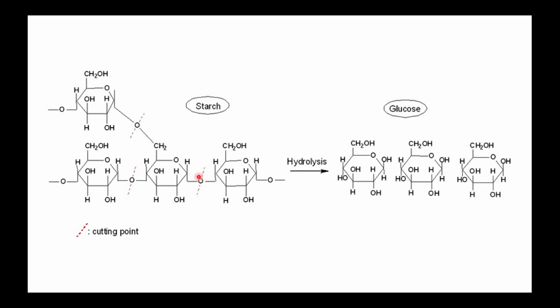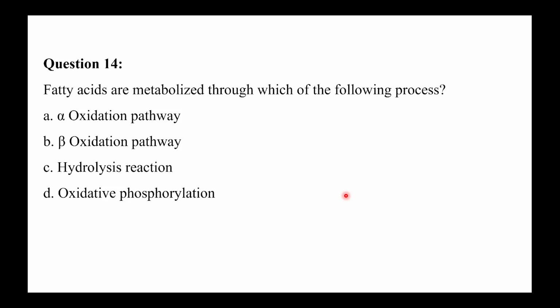So once this bond is broken down, H and OH are added to either side of the bond. So here the H will go and here the OH will go. So that's how we have it. Any hydrolysis reaction will always have an H2O molecule that helps in the breaking of the bond. Okay, so if H2O is involved in the breaking of a bond, it is called hydrolysis, and this is the breaking of starch into individual glucose units by the enzyme amylase. Any question? I hope that's clear.